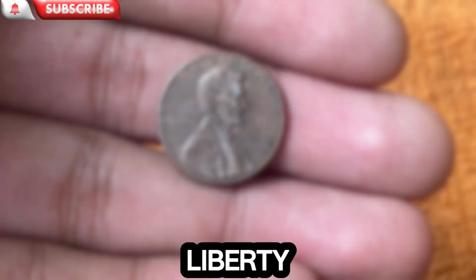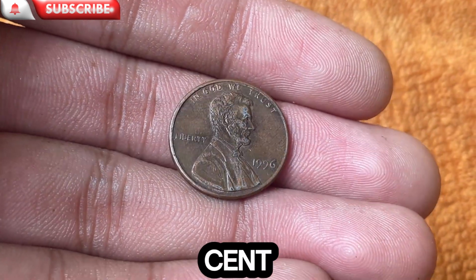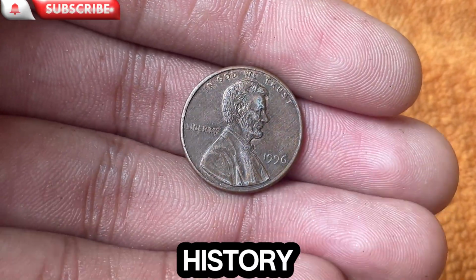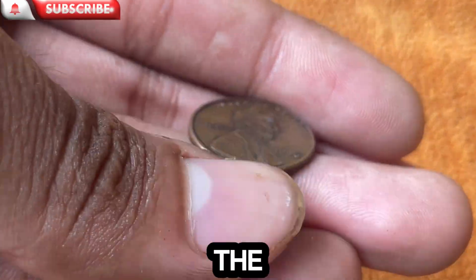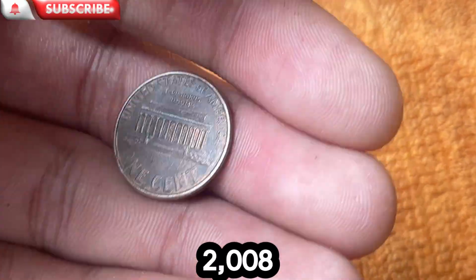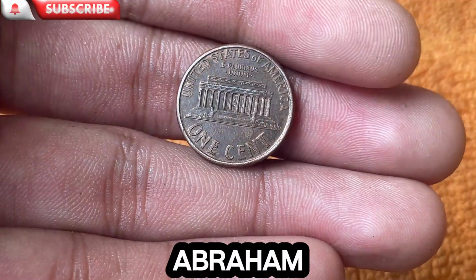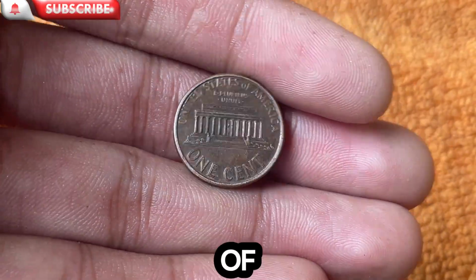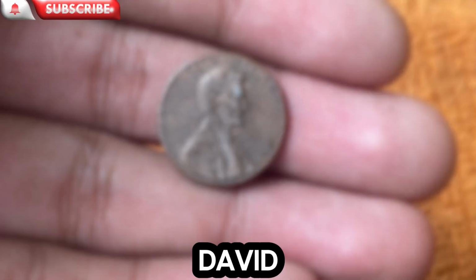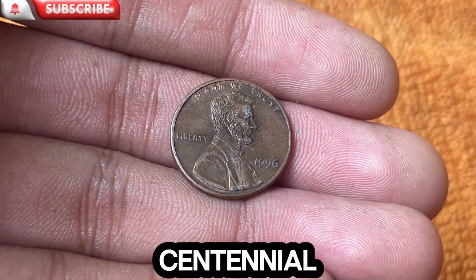The 1996 Liberty 1 cent, more commonly known as the 1996 Lincoln cent, is part of one of the longest-running coin series in United States history. This penny belongs to the Lincoln Memorial Cent series, which ran from 1959 to 2008. The obverse side of the coin features a right-facing portrait of Abraham Lincoln, the 16th President of the United States. This design was created by Victor David Brenner and was first introduced in 1909 to honor the centennial of Lincoln's